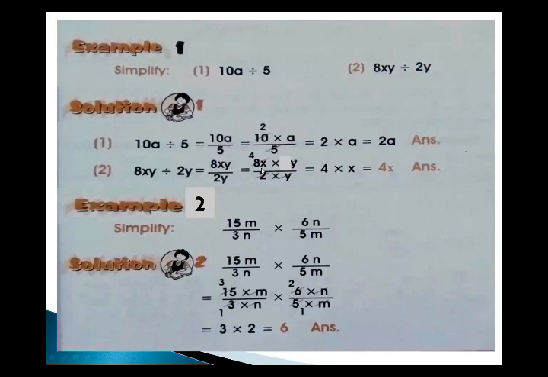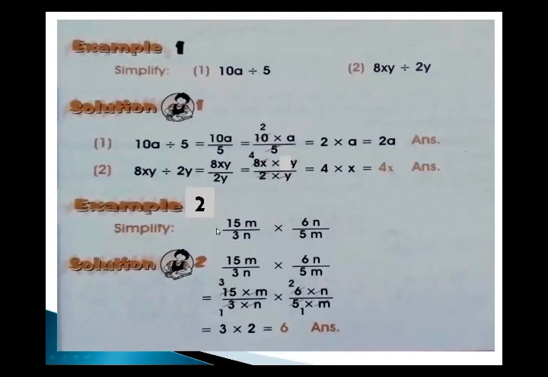That's why we write x with this 8 and y as it is over here. But this y divided by y is just a single y, so y divided by y is 1. There is no y remaining. There is no x in the denominator, just in the numerator, then we write x as it is over here. But 2 divides 8, and 2 fours are 8. So the answer of this question 8xy divided by 2y is 4 into x, or we say 4x.